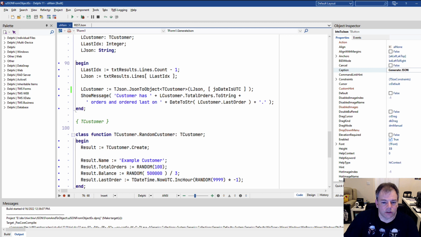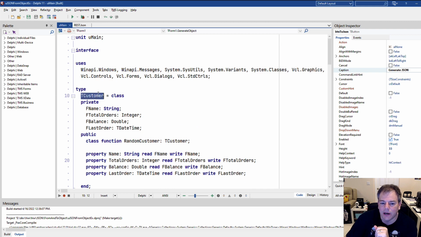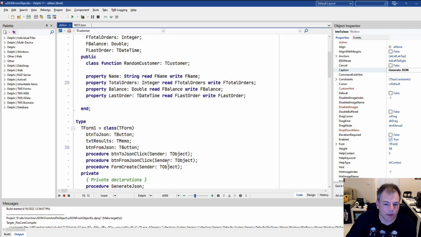And then we can say show message, customer, L customer, total orders to string, date to string, L customer, last order. That's the show message we're presenting. So it is really, really great that this way we can right away work with our object again. Of course, the downside is, and I'm just going to mention this very, very briefly, you have to declare your class in your Delphi unit somehow.